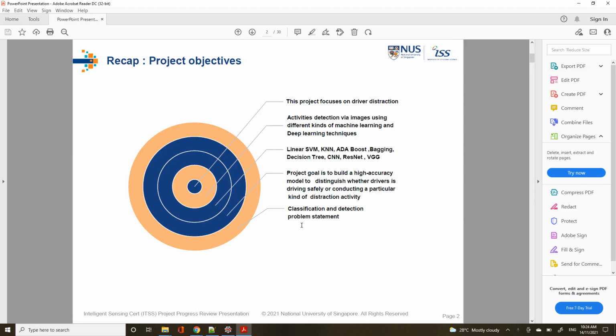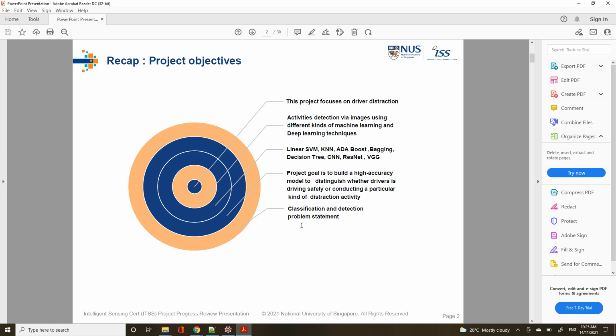The project objectives. The main objective of this project is to focus on driver distraction activity detection via images using different kinds of machine learning and deep learning techniques. Coming to machine learning techniques, I used SVM, KNN, AdaBoost, bagging, and decision tree, and coming to deep learning techniques, CNN, ResNet, VGG.